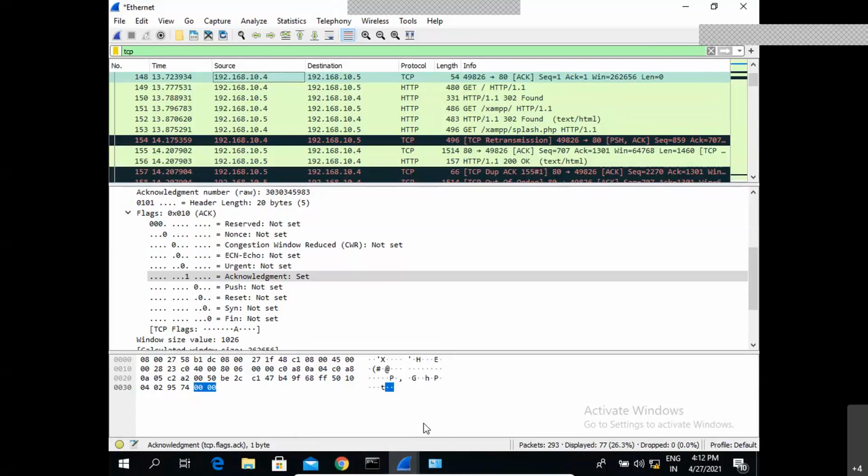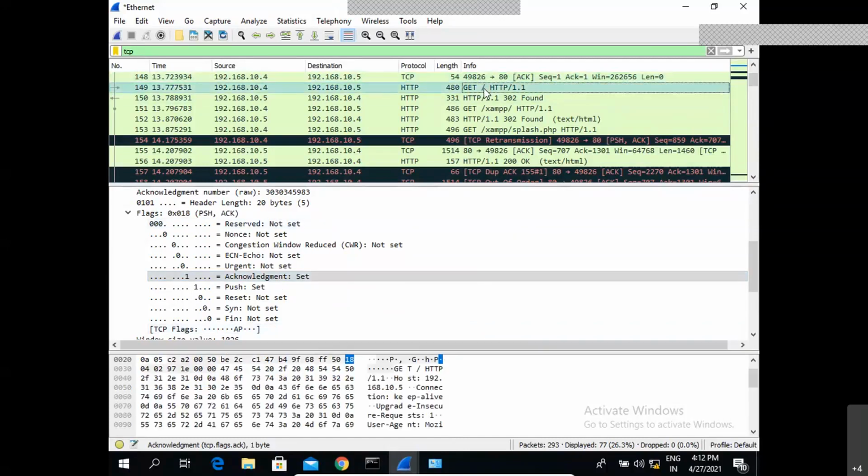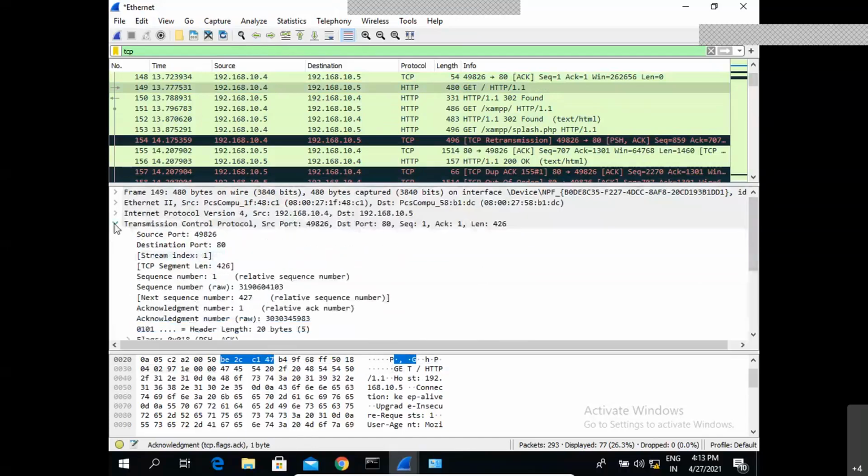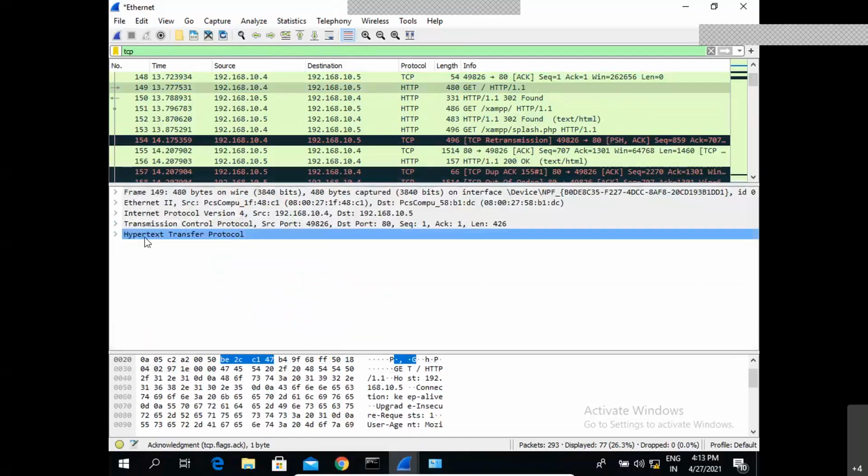Now, after SYN, SYN-ACK, and ACK, you can see the HTTP communication started flowing. This is the actual HTTP communication of the application protocol. After the transport protocol layer, we have the application protocol. So all the HTTP communications start from this point, and the respective HTTP protocols can be seen here, and the respective headers can also be seen in the protocol.